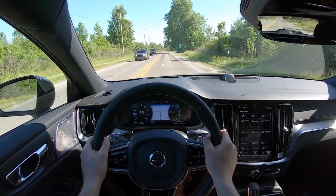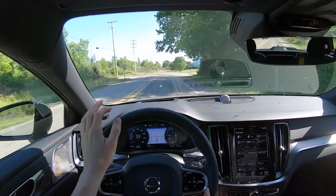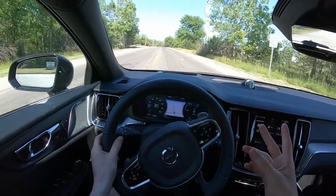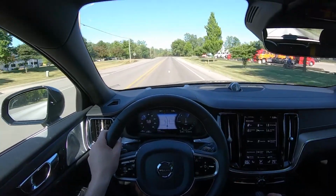Nothing too surprising. Even though it's plenty quick, getting 0 to 60, I don't know the exact numbers, I have to look them up. It doesn't feel that fast. There's not a lot of sensation to it. The engine's just too smooth. The whole powertrain doesn't yank you to the back of your seat like a lot of BMWs or Mercedes or